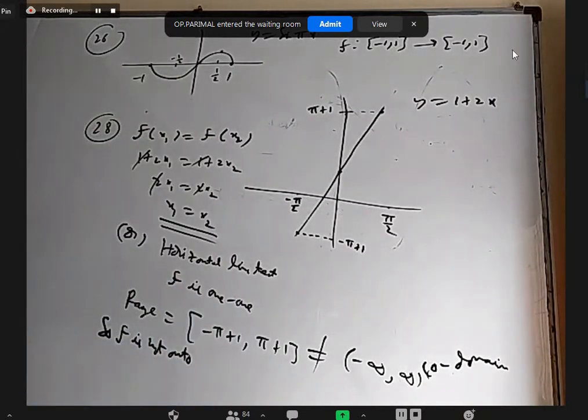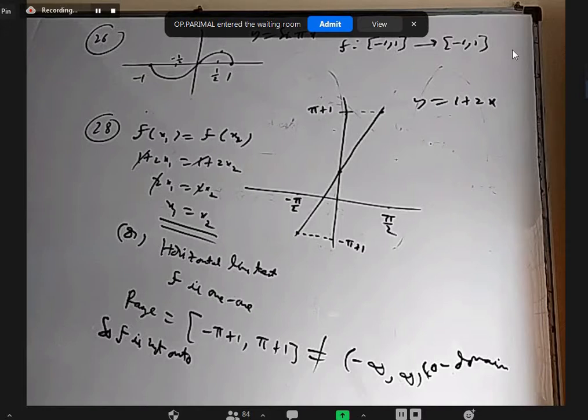If the domain is also all real numbers, then it is both one-one and onto, sir? Yeah, if it is f from R to R, then yes, it would have been both one-one and onto. Yes. Sir, is this function invertible? This function, no. If it is a bijection only, it is invertible. Otherwise, it is not. Because if you invert it, your domain should be minus infinity to infinity. In that, every number doesn't have an image. 10, 100, 1000 don't have an image. Not even a function. Right?